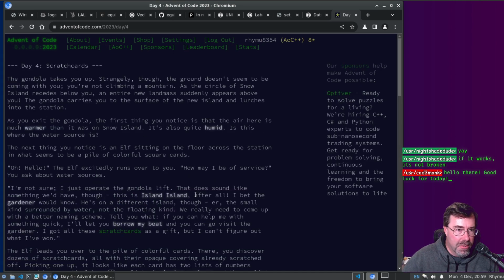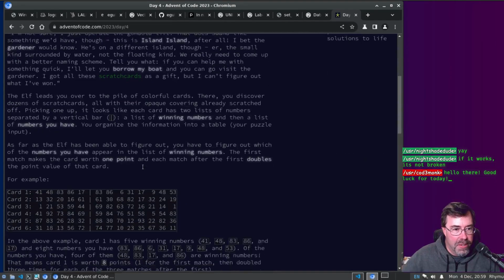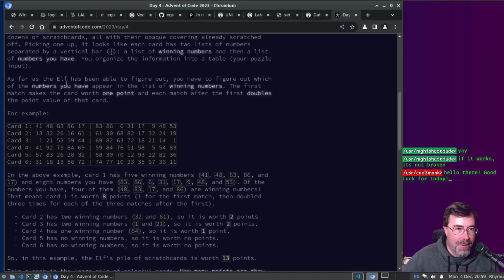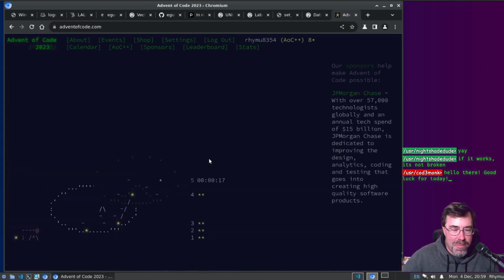In our last puzzle, we were going up a gondola onto a floating island, and we ended up helping out an elf with his lottery tickets. So it's basically impossible to predict what each day is going to have in store. Best of luck to everyone else who's working on this, whether you're doing it on the time like I am or not. All right, ready or not,